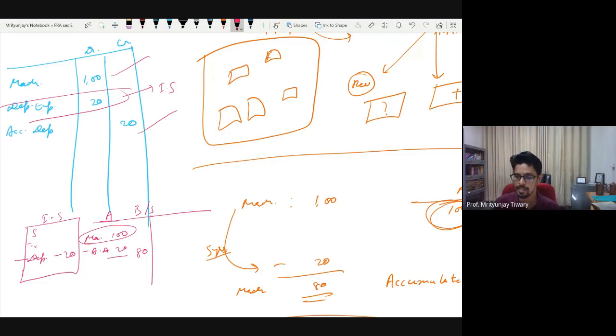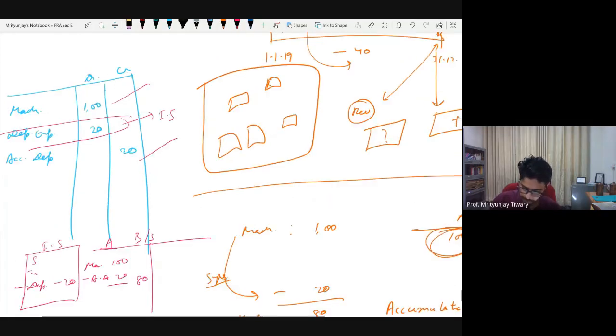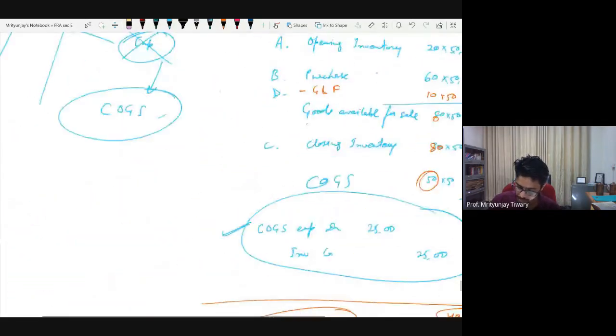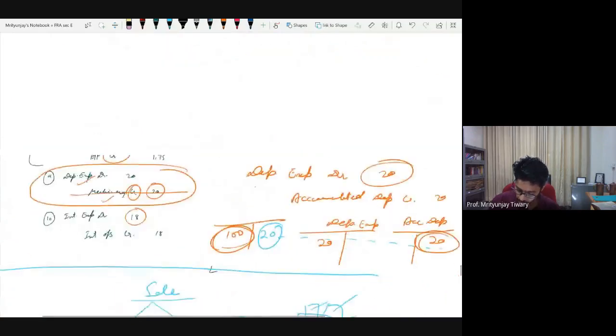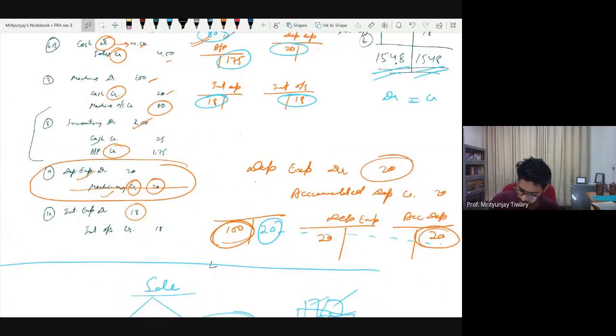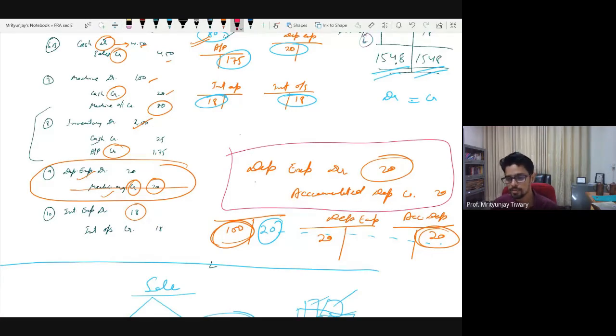When it shows in the balance sheet, if you notice, when we provided depreciation, this is the journal entry you are doing. Even though the value of the asset is reducing, you are not writing the asset either in debit or in credit. So the asset is left as it is. As you can see in this example, this 20 will be missing.